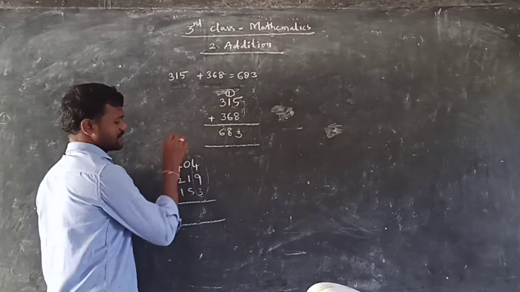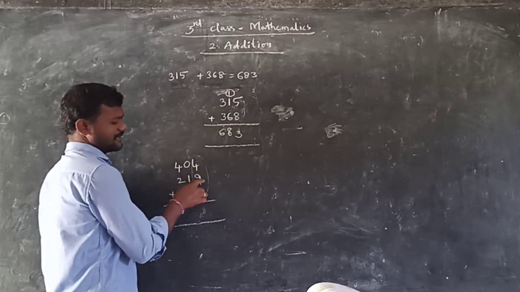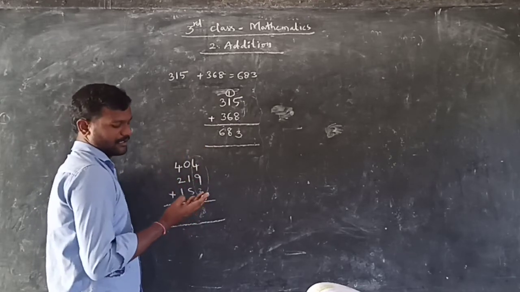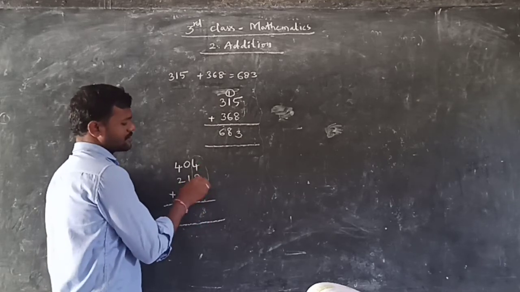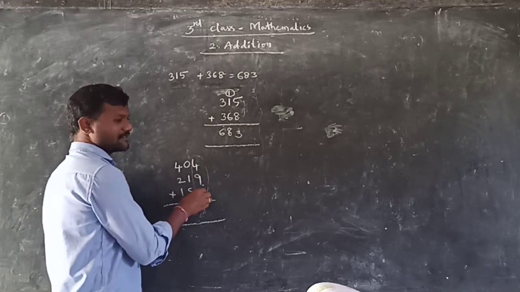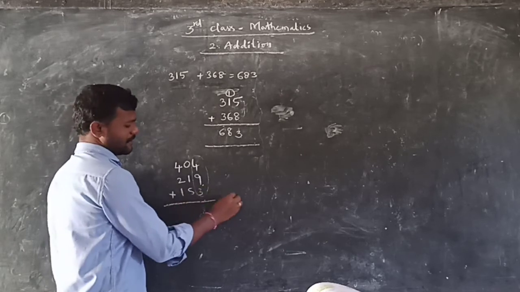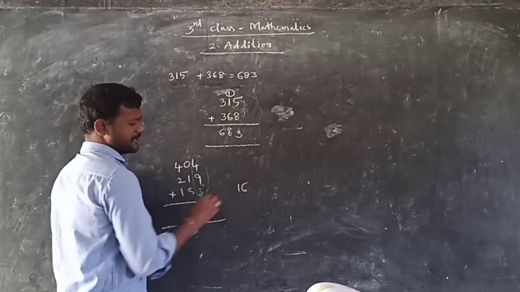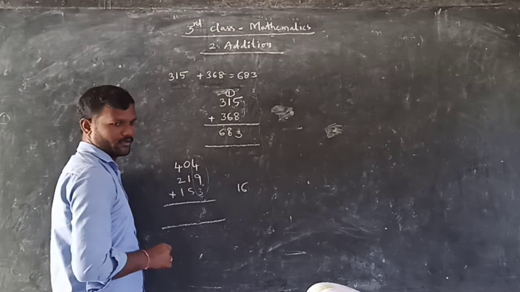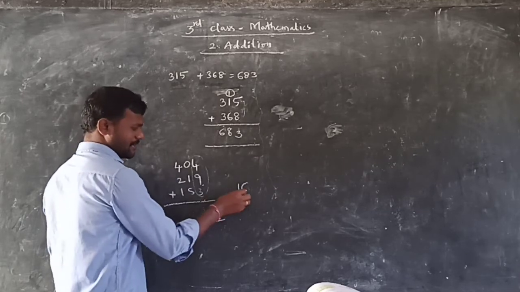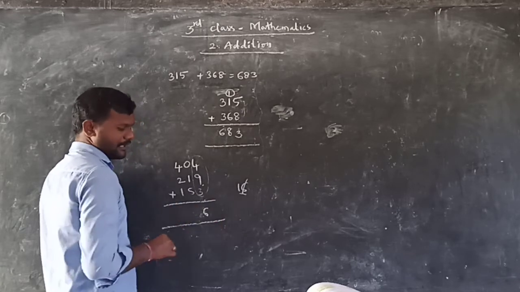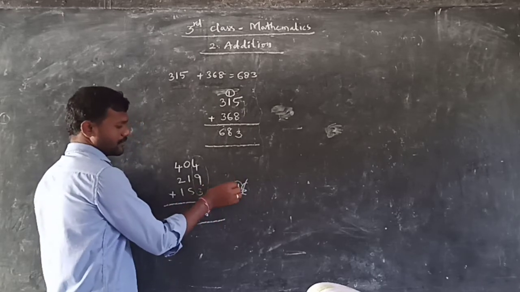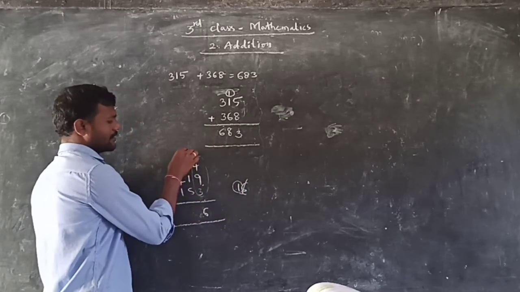Add these numbers first. 4 plus 9. Okay. 9, 10, 11, 12, 13. So 4 plus 9 how much? 13. 13 plus 3. 13 plus 3 means what we will get? 16 we will get. Okay. You are getting a 2-digit number. Then what we have to do? Write 6 here and 1. Where we have to write 1? 1 should carry right over this.